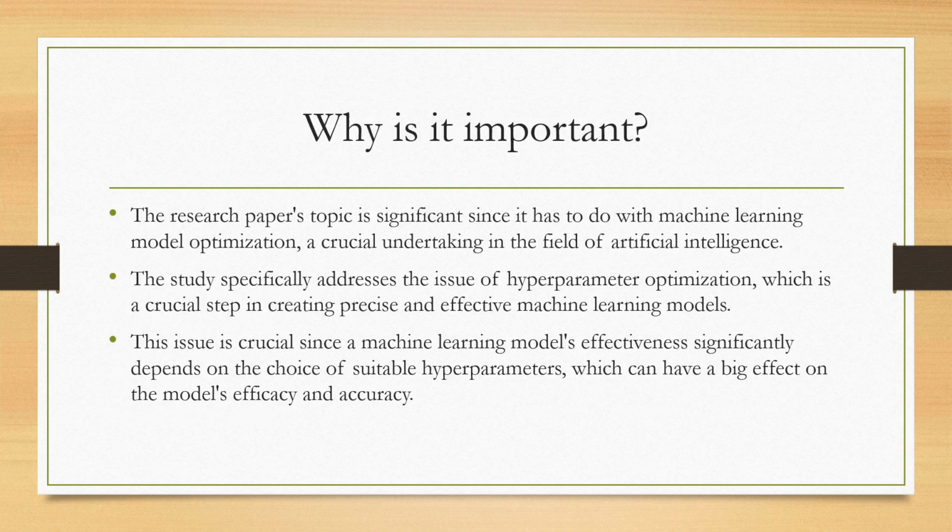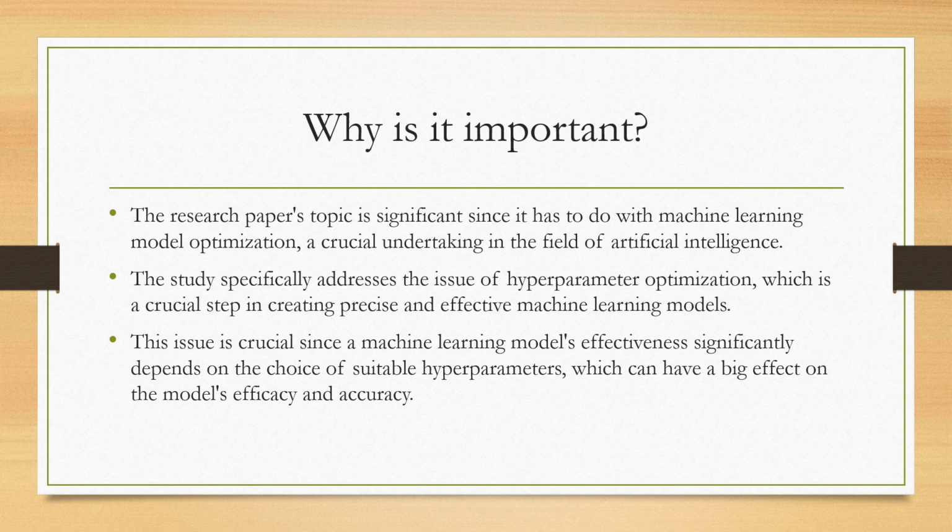Coming to the next slide, why is it important? The research paper's topic is significant since it has to do with machine learning model optimization, a crucial undertaking in the field of artificial intelligence. The study specifically addresses the issue of hyperparameter optimization, which is a crucial step in creating precise and effective machine